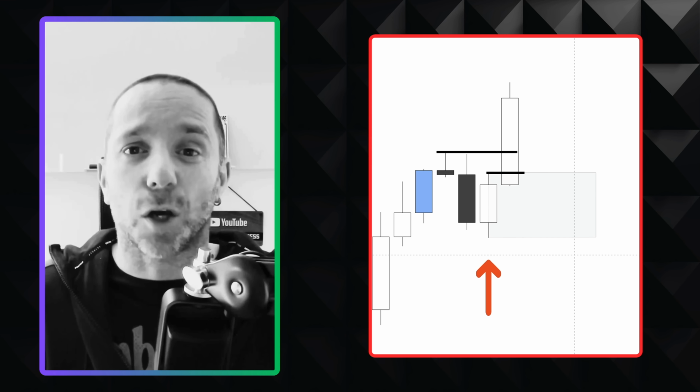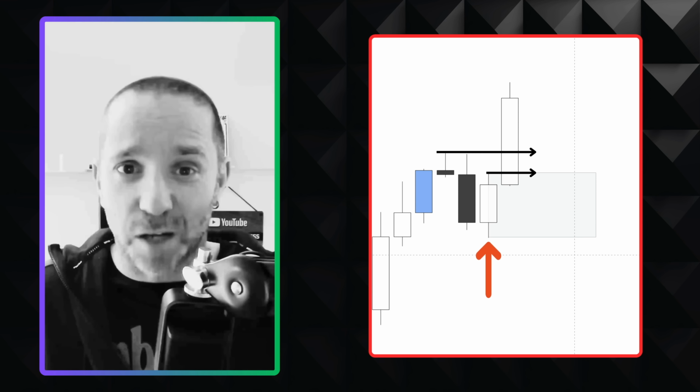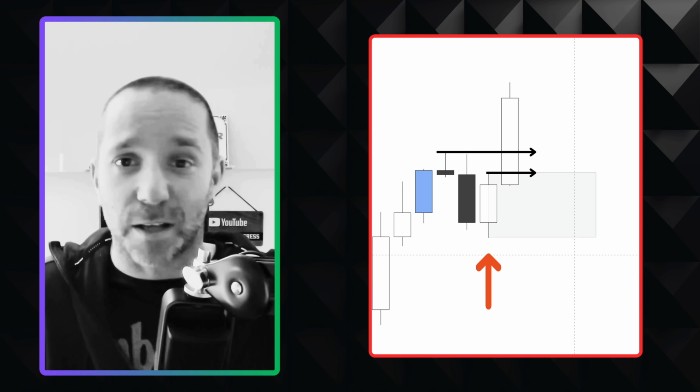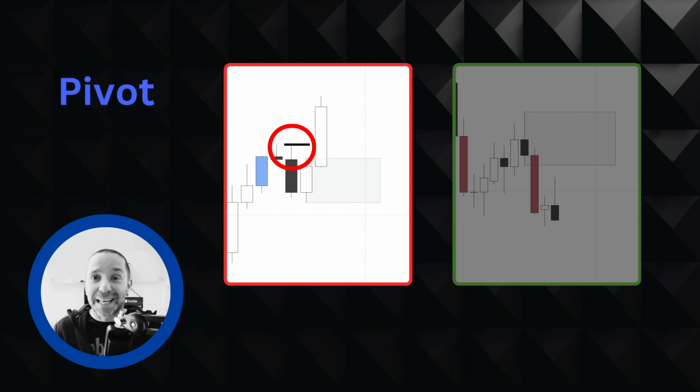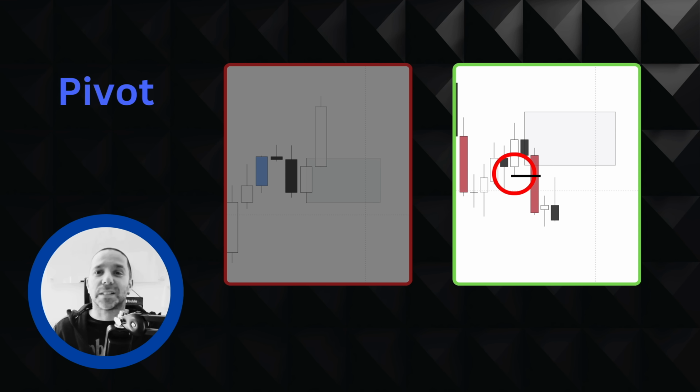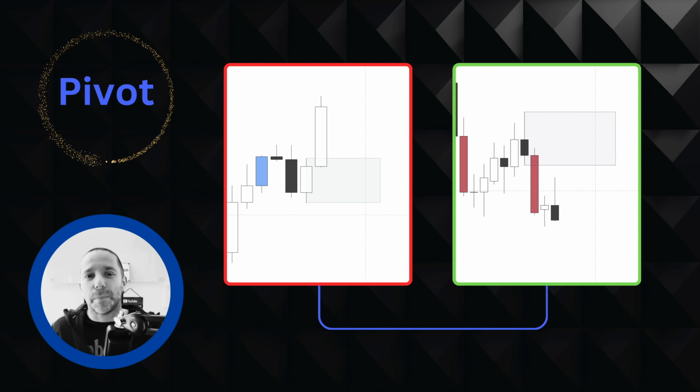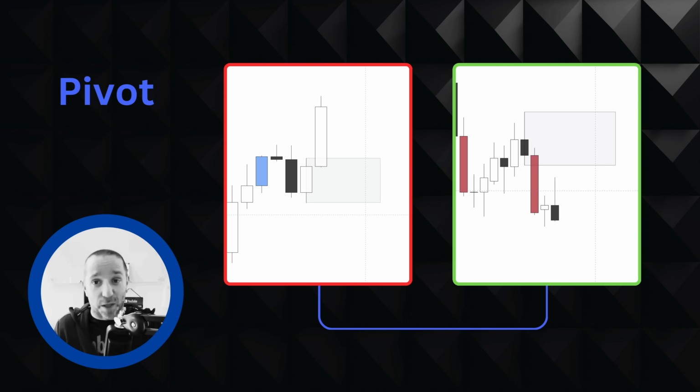where we see the close to the upside for an area of demand, closing through the high of the last either two candles or the single candle that creates that pivot move. We want to see a close above the previous high of the bearish candle to be confirmed as a good pivot zone to trade from. Again, we want to see a close below the low of the bullish candle to confirm our area of supply. So that's how we look at the pivot zone. Like I said, it's the recommended zone that I suggest you apply when looking to trade off an area